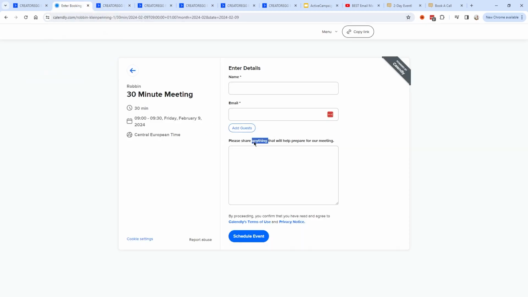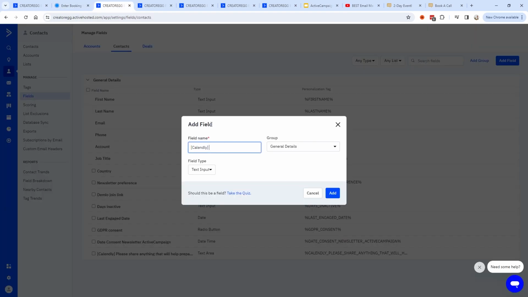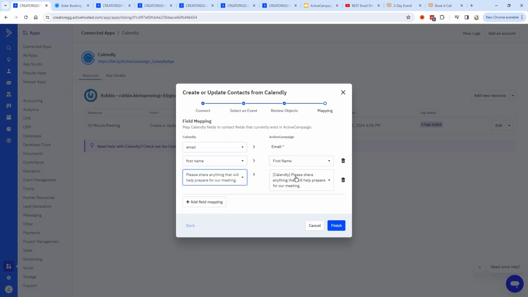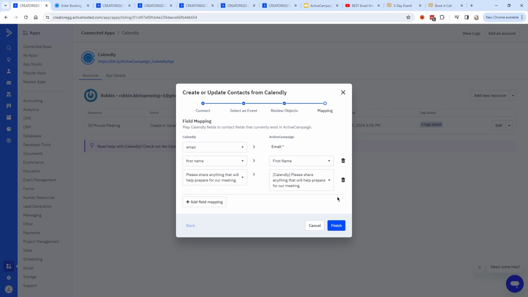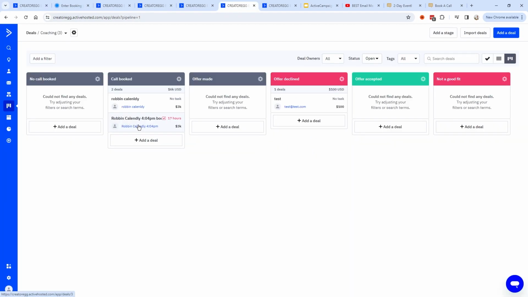And then I just copied and pasted this text over here into this field over here. So it's just the exact same thing. And then as field type, I used text area. And then I'm going to click on add. So when you added your custom fields, you can refresh this page and then you can select the custom fields you created in here. So you can map this Calendly custom field with this one, so that data will be saved into your account. And just to show you how it looks, if I click this deal over here,